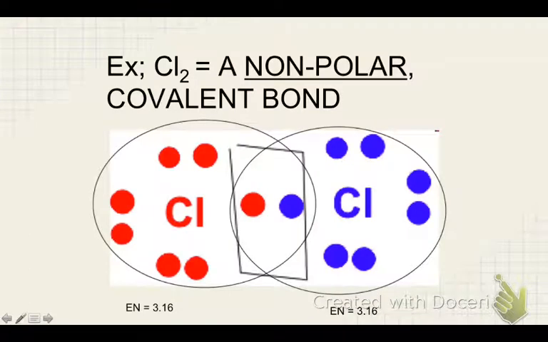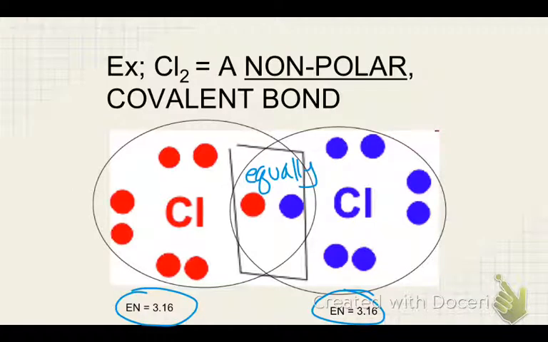Here's an example, and I would like for you to redraw this Lewis structure here. This is called a nonpolar covalent bond, and I want you to look at the difference in electronegativity here. Chlorine has an electronegativity of 3.16. So does the other chlorine. So those electrons are being shared 100% equally, because both chlorines are pulling on them the